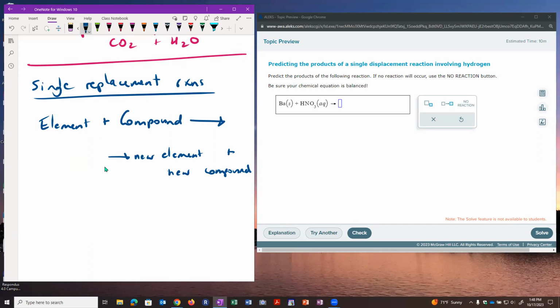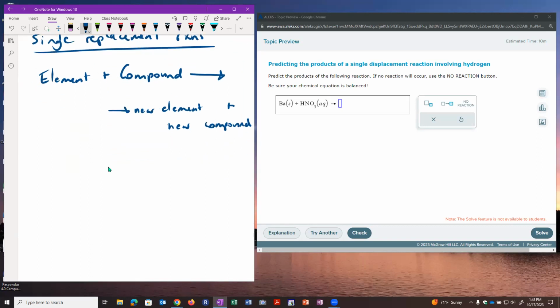Okay, so in the case of these that involve hydrogen,